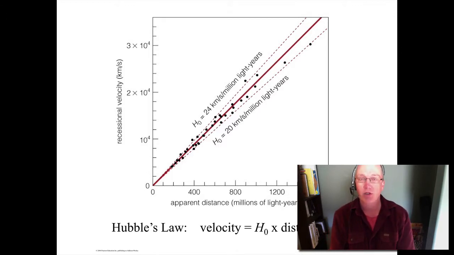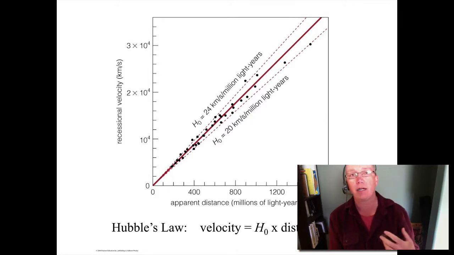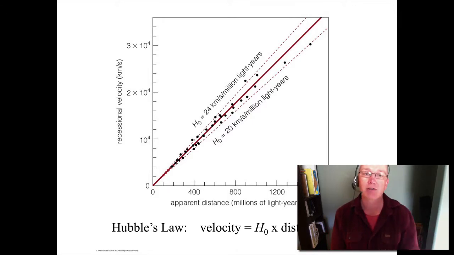Hubble is, as you recall, the gentleman who observed that all galaxies are moving away from us, and the further away they are, the faster they're moving away from us. And this was explained by the expansion of the universe. And the expansion of the universe is something that is ongoing. It's happening even today, and it is telling us not only what happened in the past, but it also tells us what's going to happen in the future.